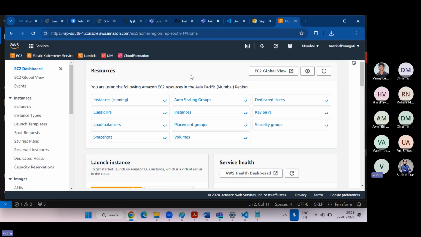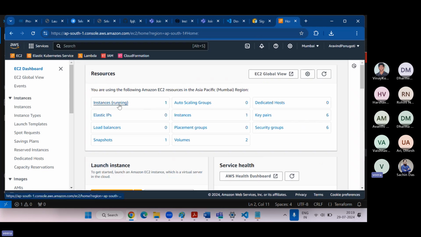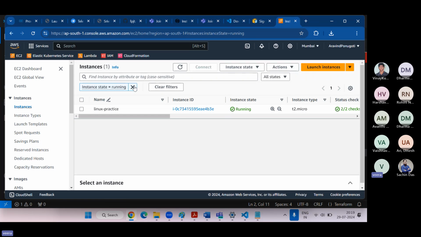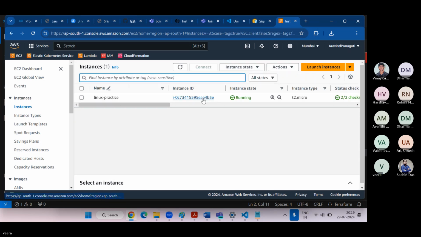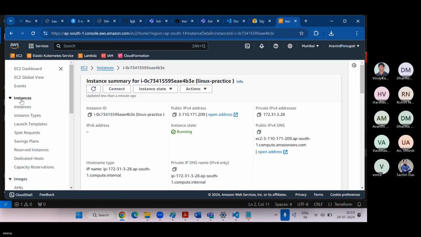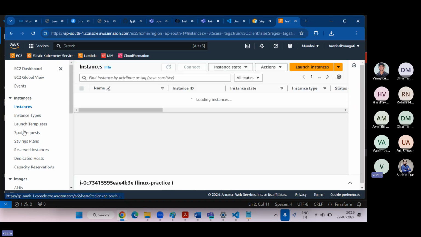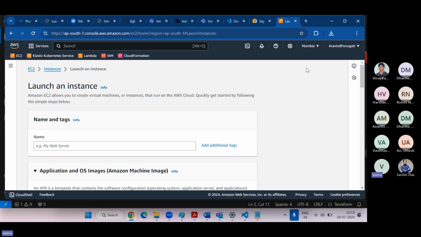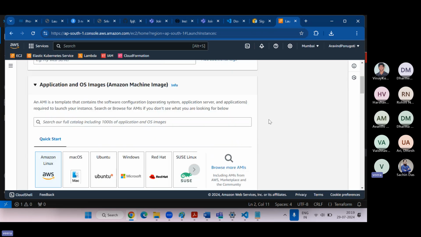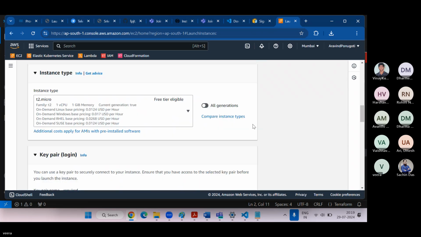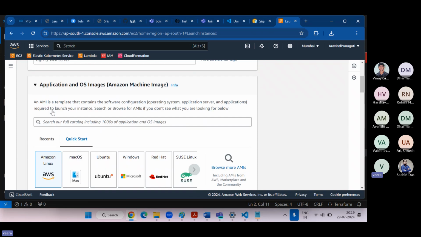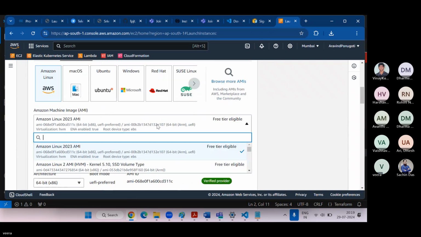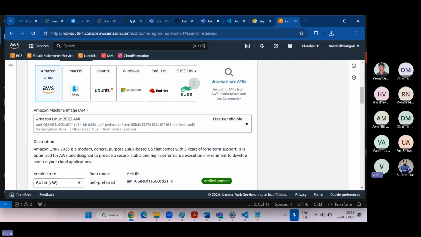By using Terraform, we can create everything in a dynamic way. I will show you in the coming classes. This is just for understanding purposes only. Let's go to instance. We can go to AMIs, or here the AMI catalog you can go to. Otherwise, click on launch instance and we'll see the AMI details here. So for Amazon Linux, you can take it from here, or you can take it from here.